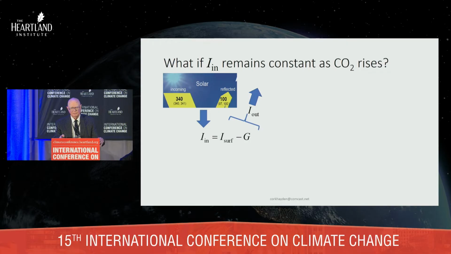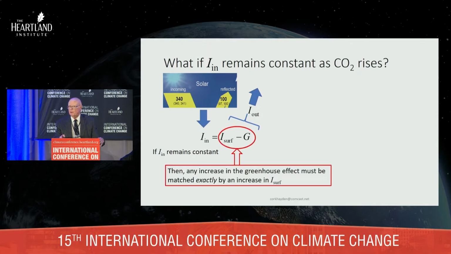So there's I out. Now, if I in remains constant, that means the left-hand side of the equation remains constant. Therefore, the right-hand side of the equation remains constant. And what that means is, if there is an increase in G, it has to be matched exactly by an increase in I surface. I mean, this is simple, okay? It's really simple,